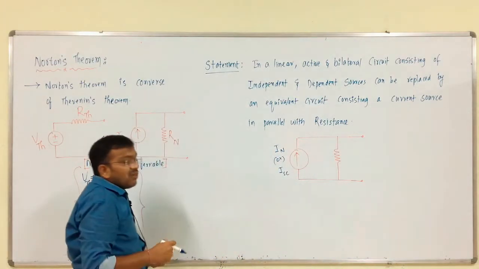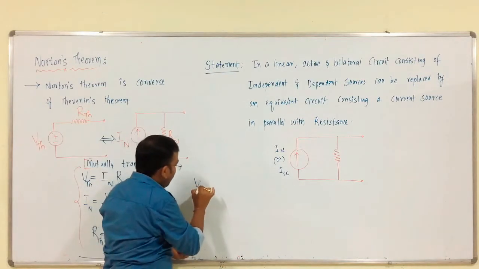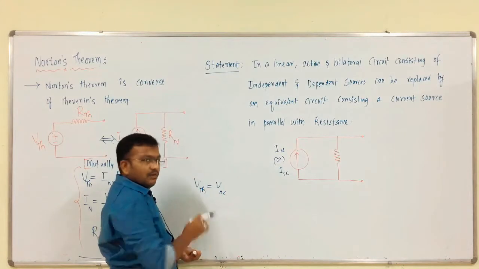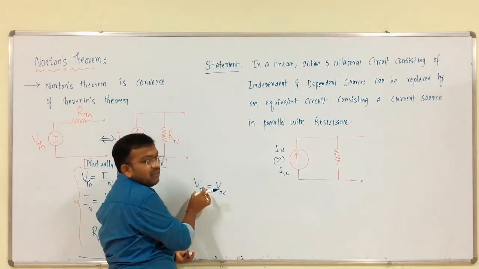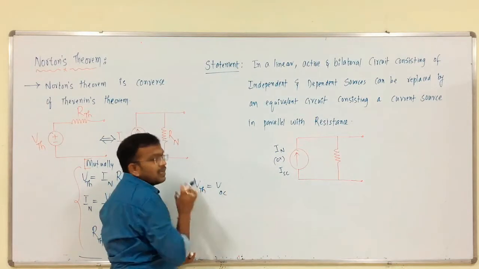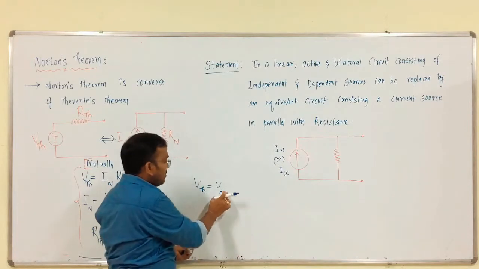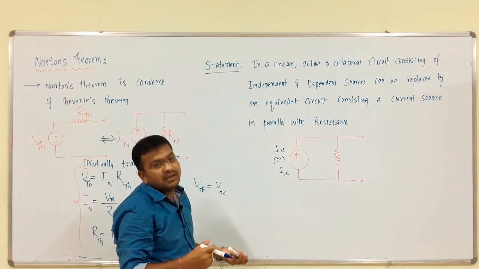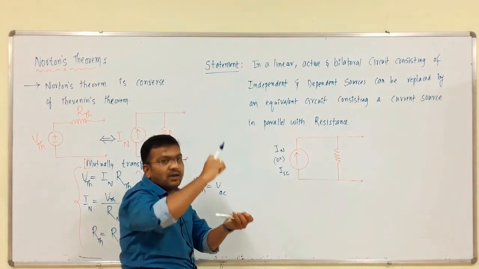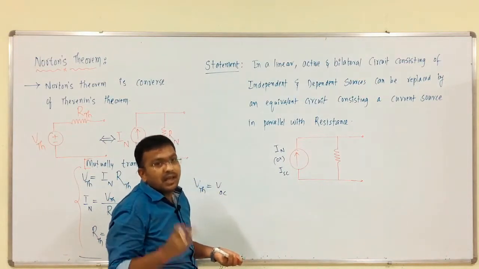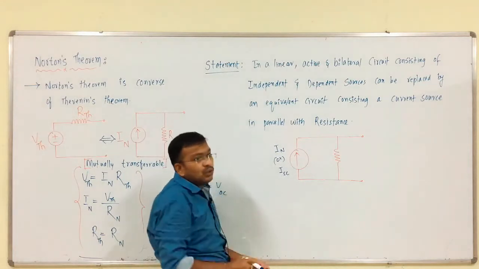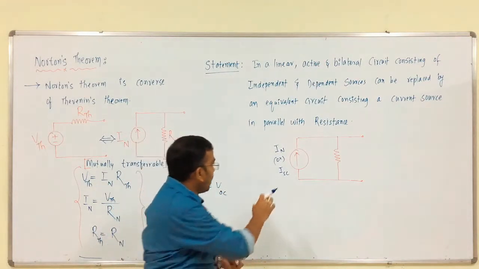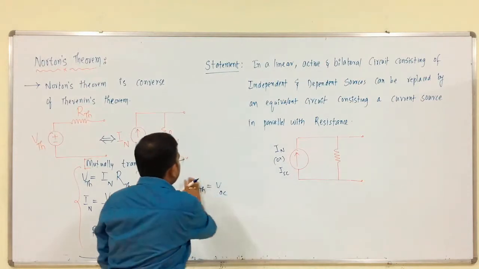So, in case of Thevenin's theorem, we have V TH. This is also called as V OC, right? V TH, the theorem itself is Thevenin's theorem, that is why we call it V TH. But this is also called V OC, means we have to open circuit those two terminals, means the voltage across those two open circuit terminals. Like that, we have to calculate the current through two short circuit terminals. That is why it is called I SC, right?